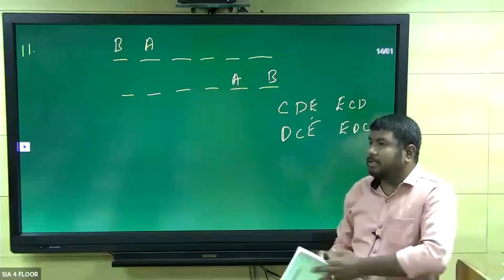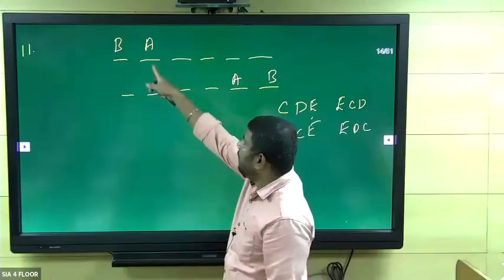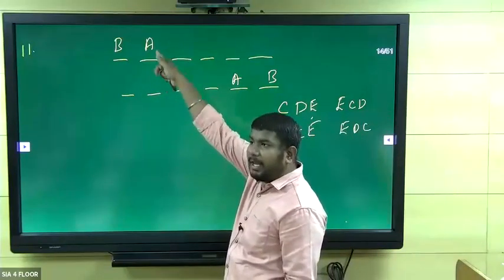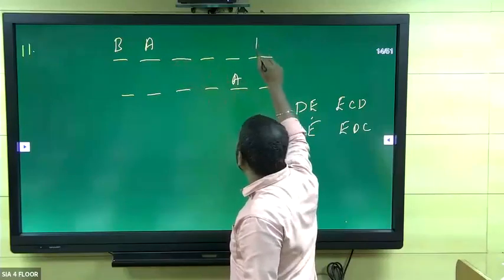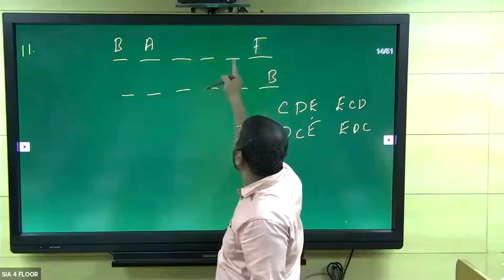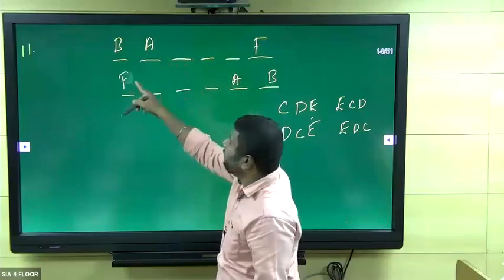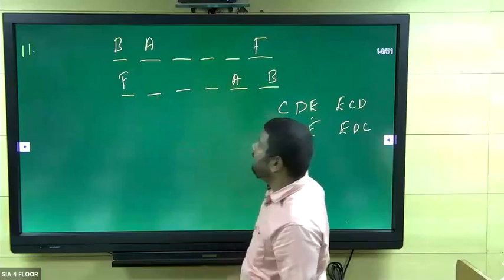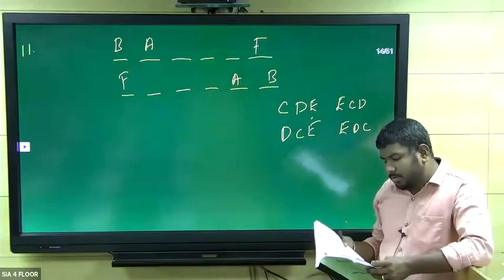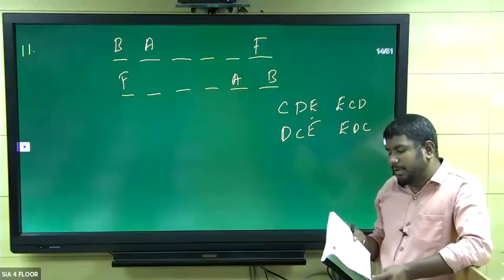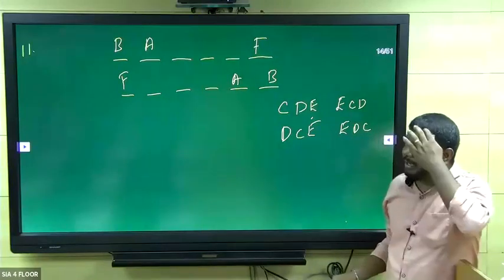Now, A is fourth from F. So already we know where A is. A is fourth from F, so 1, 2, 3, 4. If F is here, 1, 2, 3, 4 is here, like that. That's it. Now, what is the clue? No other clue. Who are standing on the extremes? They are asking who are standing on the extremes.